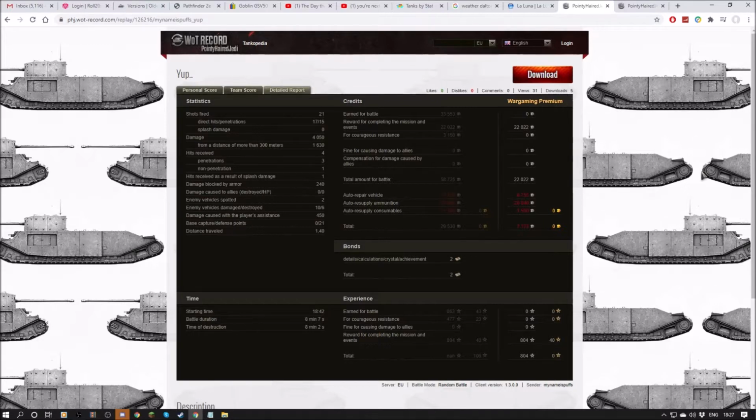4 hits received, 3 penetrated, 1 didn't, which is unusual. Usually every shot goes through the Challenger because it has no armour. 240 damage blocked by his armour there, 10 enemy vehicles damaged, 2 destroyed, 450 assistance damage, 1.4 kilometers travelled,